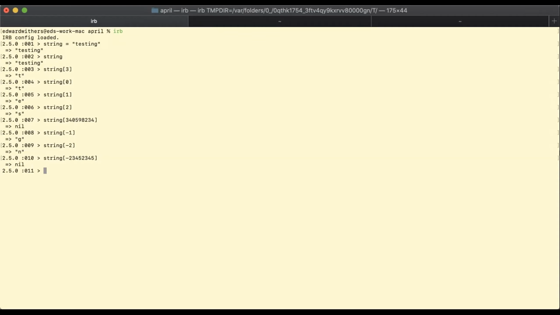So if we think about what we need to do, we're trying to find the middle character, and we're trying to find a way to get from the length of the word to the middle character. We now have a way to access the specific character at a position, and we now have a way to find the position, because we just take the length and divide by 2 and round down. If I take the length of the word, which in Ruby there's a lovely method for called length, this gives me the length of the value inside of this. Gives me 7. If I divide that by 2,